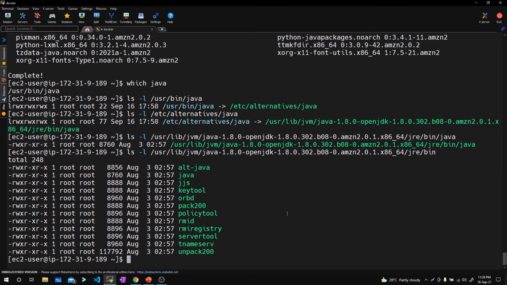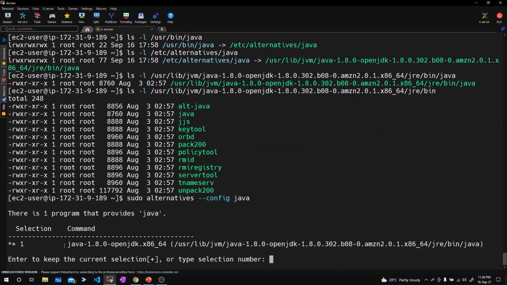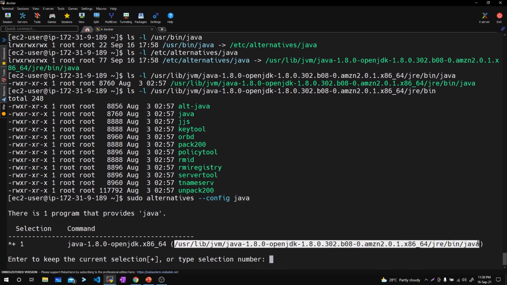And also if you want to set the alternatives, we can go for the alternatives binary by doing alternatives --config java. Let's say if you have one more installation that is pointing to Java 11, then even that will be shown here. The output of alternatives --config java also shows you the default Java location.